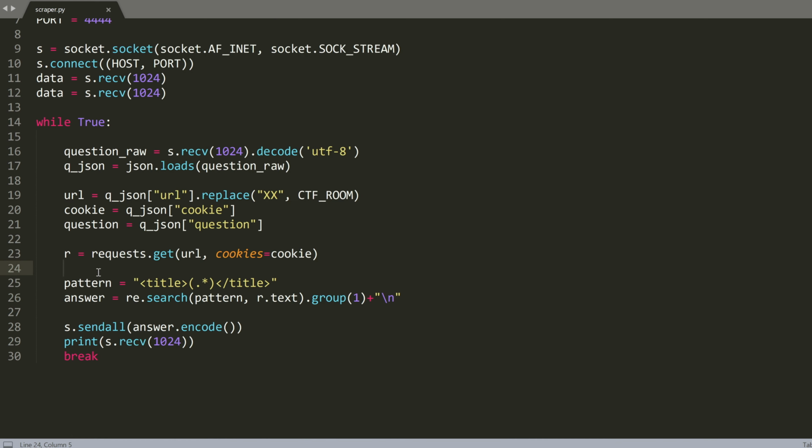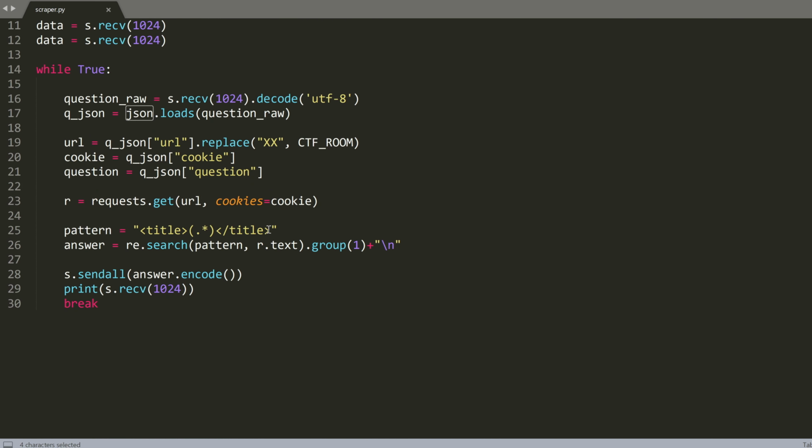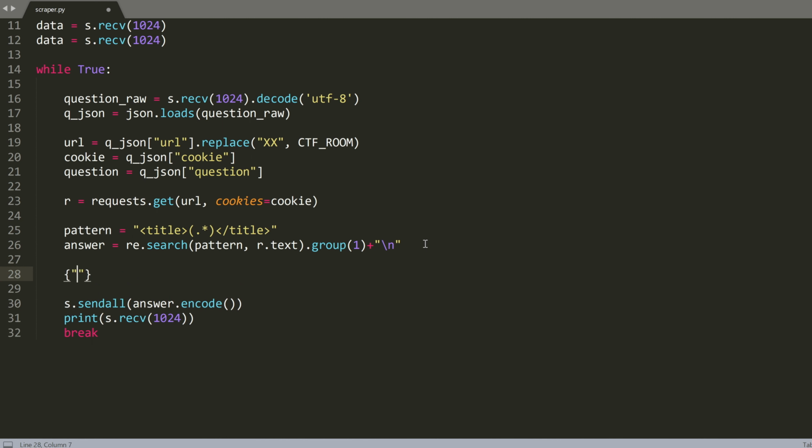Perfect. Now I leave that as an exercise to you guys to figure out a way to send the correct string format. Basically, you just need to use the JSON library once more to package that answer into something that has the format solution and then your answer right here. So let me know in the comments how you would do that. And essentially, this is how you would talk to the server, fetch the question and send the response, and loop